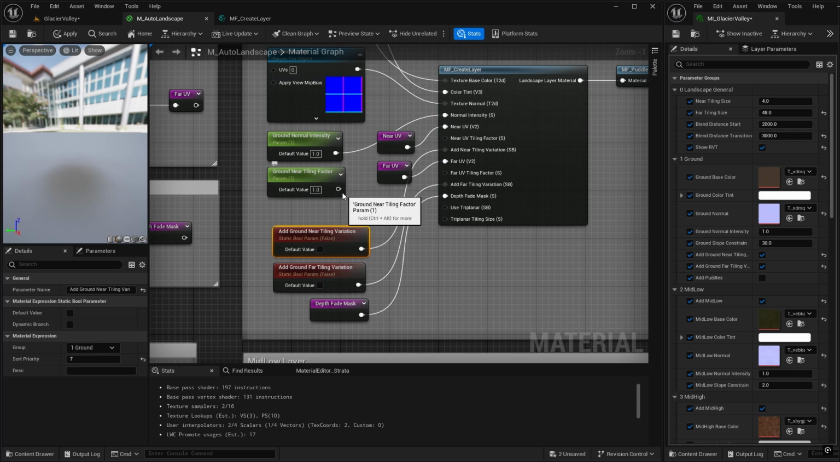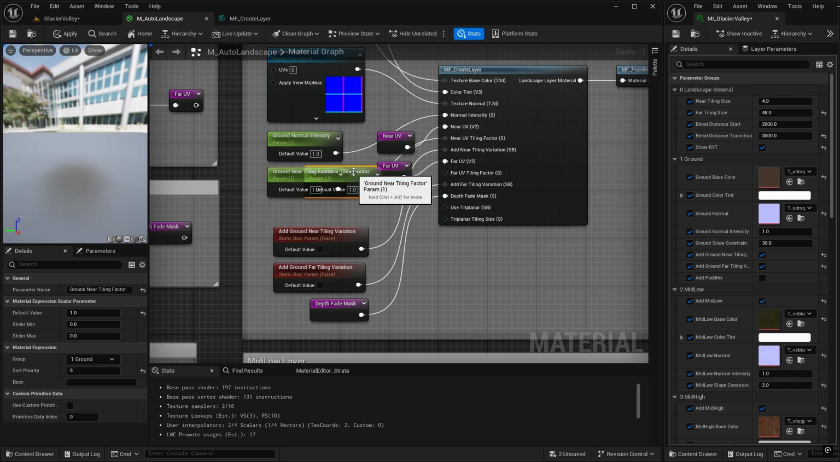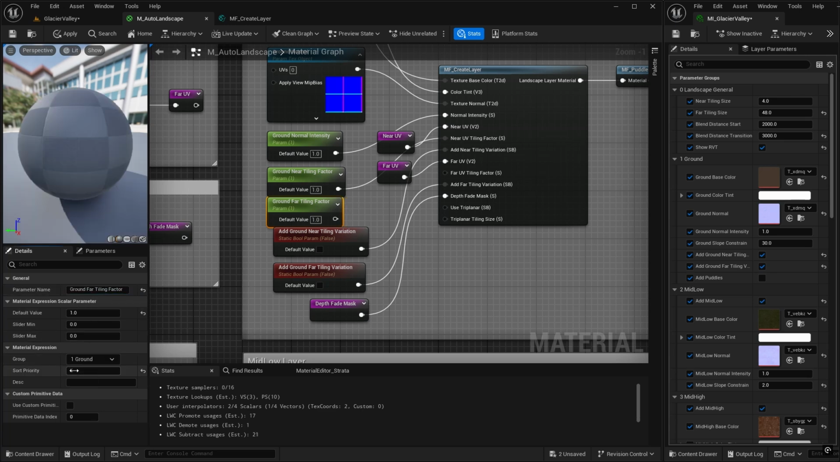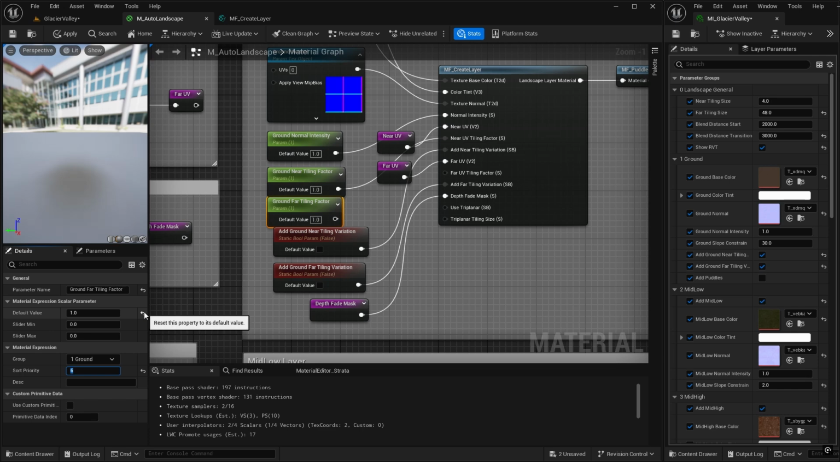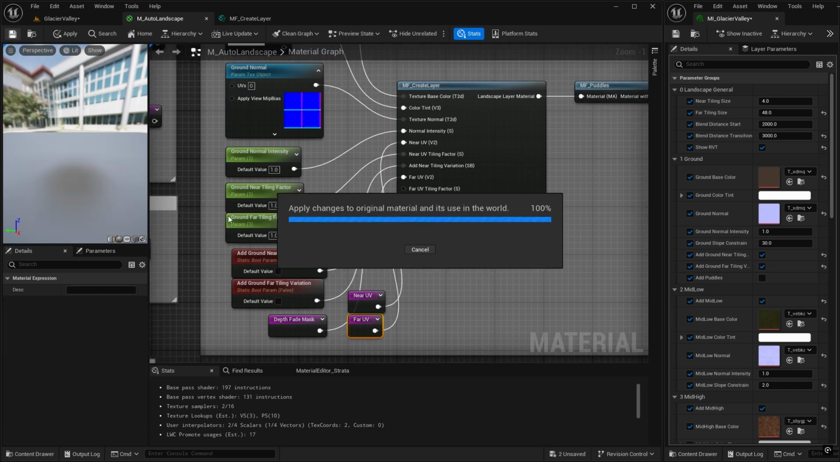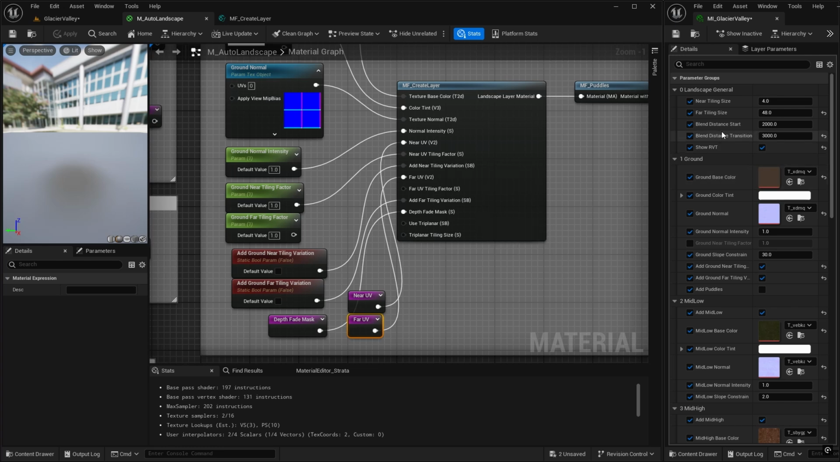And plug the ground near tiling factor into our near UV tiling factor, and then we'll duplicate this and call it ground far tiling factor. Still got a preview of 1, and this will be priority 6. Okay, let's save that. And if you look at the material instance over here, we've got ground near tiling factor,